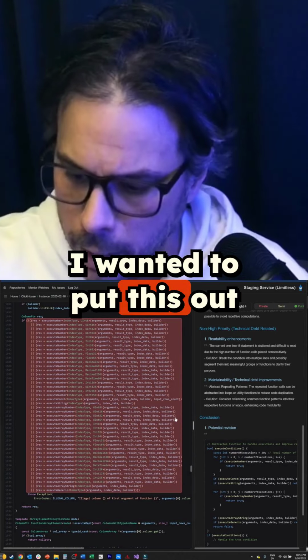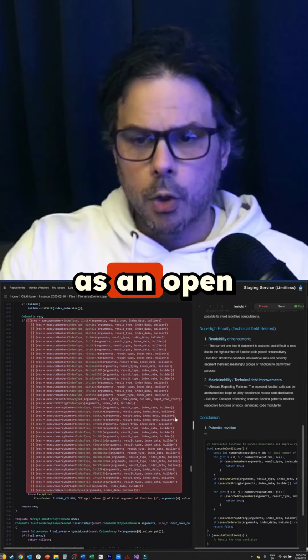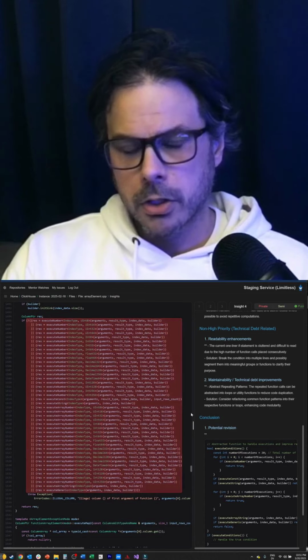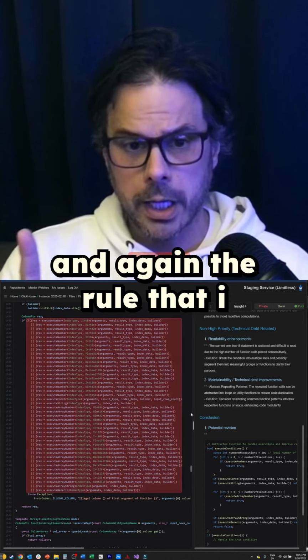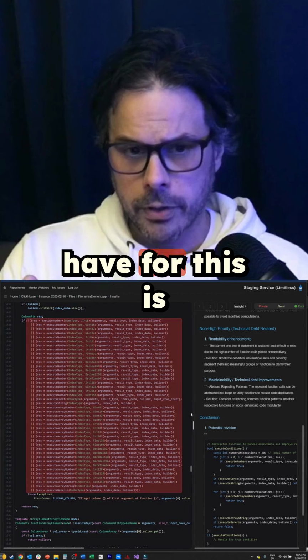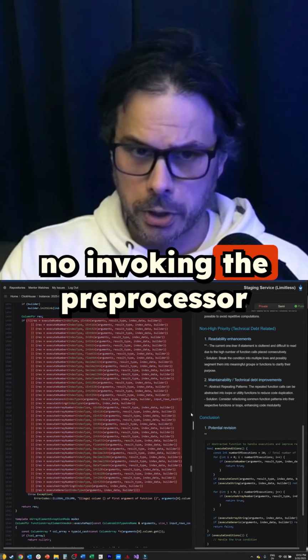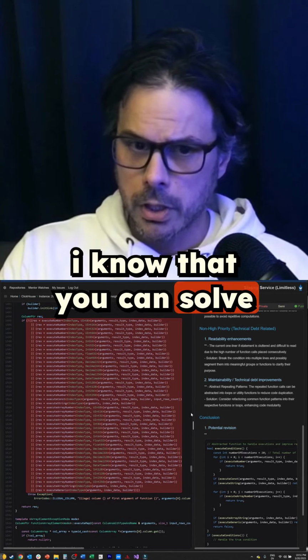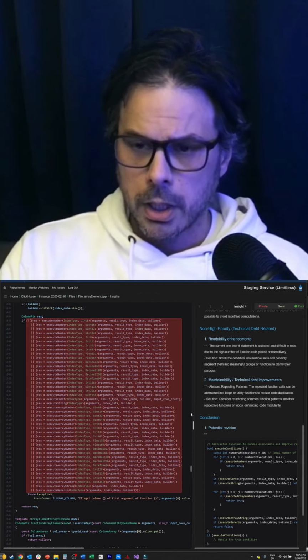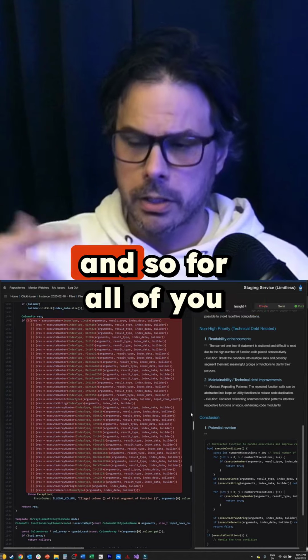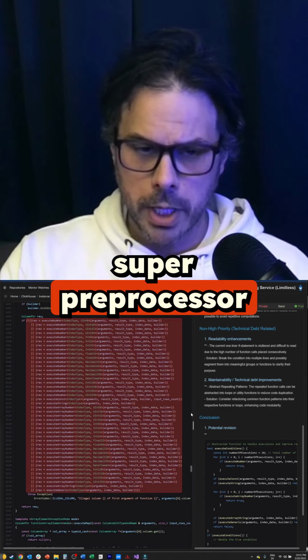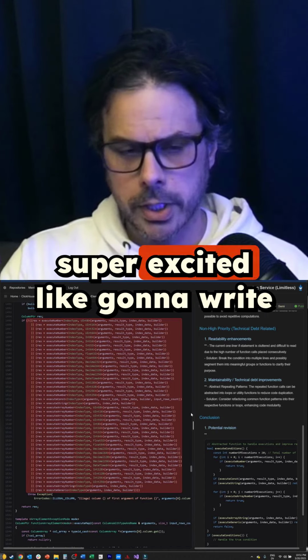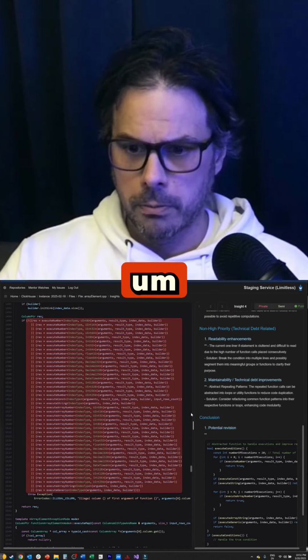I wanted to put this out essentially as an open coding challenge of the week. And again, the rule that I have for this is no invoking the preprocessor. I know that you can solve this with stringization, and I've done similar things. And so for all of you super preprocessor folks out there that are getting super excited, like gonna write this